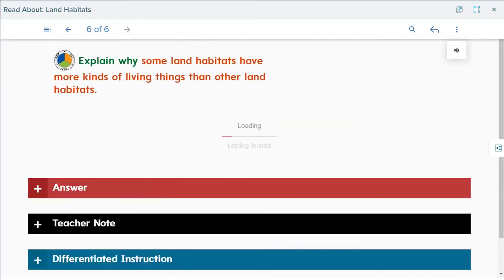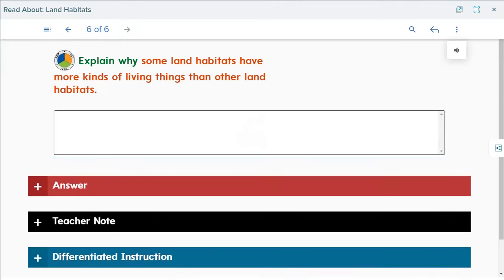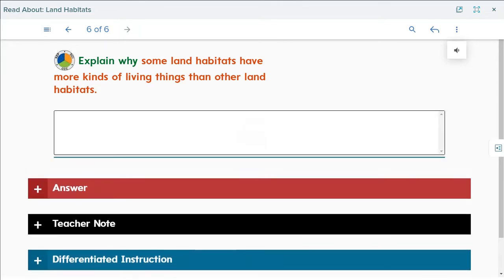Okay, now the last thing is your homework, which is this question. Some land habitats have more kinds of living things than other land habitats. Explain why. So just talk about why some habitats have more animals than the other habitats. Okay, that's your homework, and also the question in